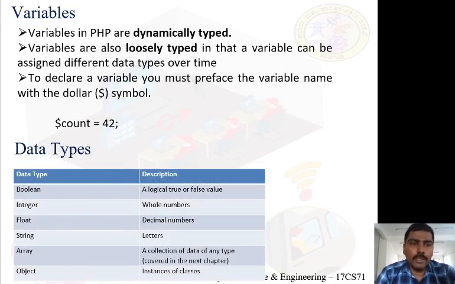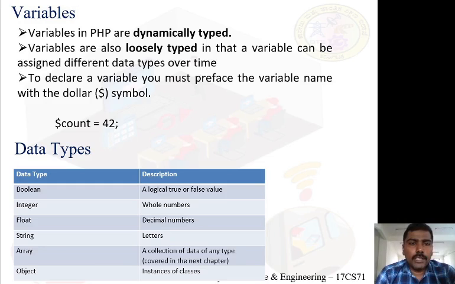Now coming to variable. I said variables in PHP are dynamically typed. It means initially a variable can refer to a memory location that contains an int value. Later this memory location can store a float value. Later this location can store a string value, or even it can store an object. So a variable initially might refer to an int value, later it can refer to a float value, later it can refer to a string or even an object. So we call variables in PHP dynamically typed.